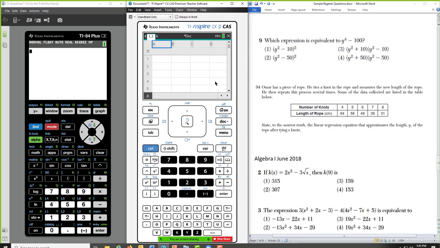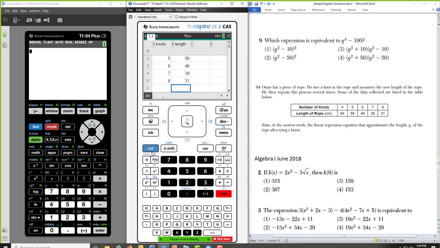Squeeze this in. We had knots. We had length. 4, 5, 6, 7, 8. And 64, 58, 49, 39, 31.